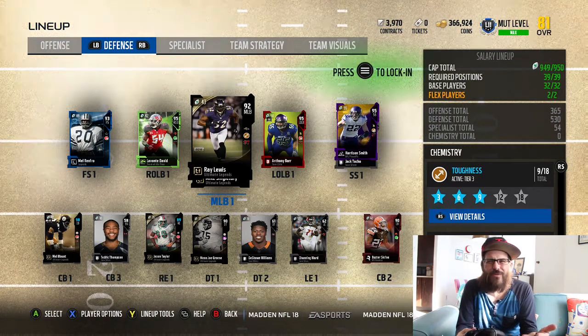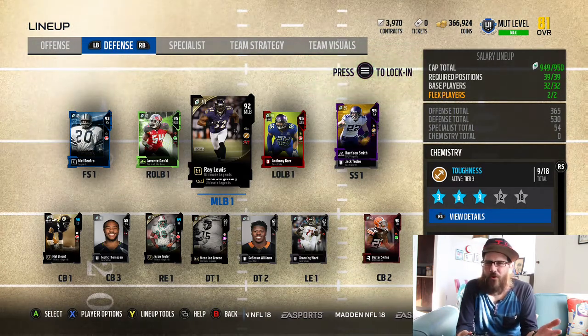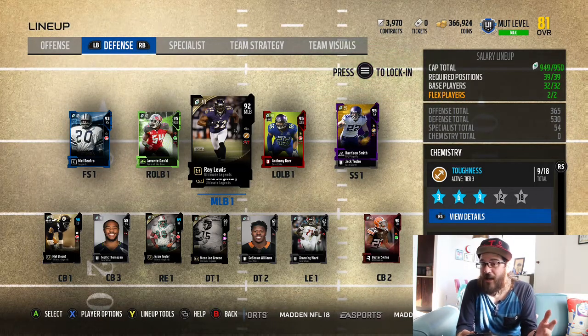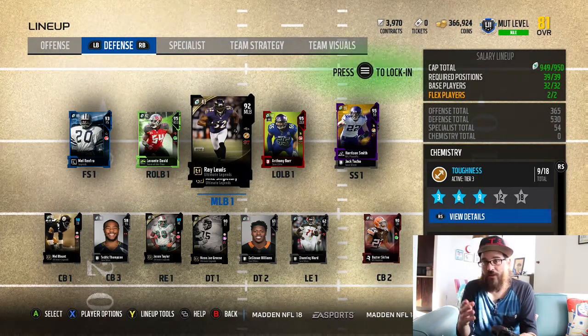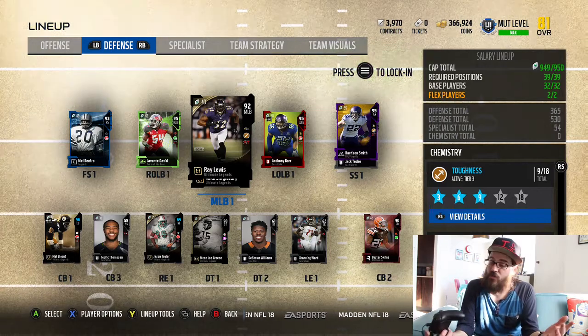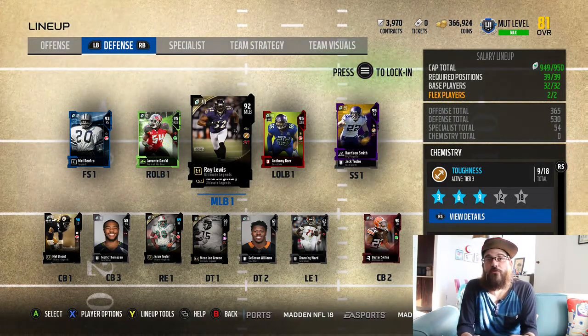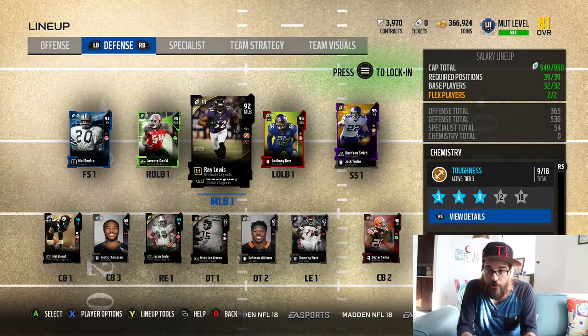I used to run 3-4 all the time. Have gotten away from that in the last little bit. I run a 4-3 and a 4-6 speed package. I like the Vikings defensive playbook is what I'm running most of the time. And like I said, it's built around this 3-4, and I decided to get a lot of secure tacklers on